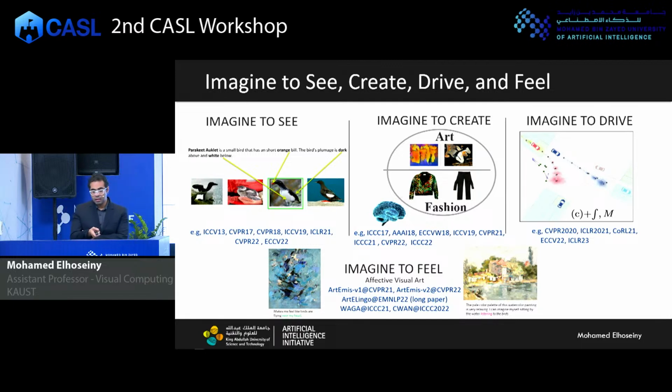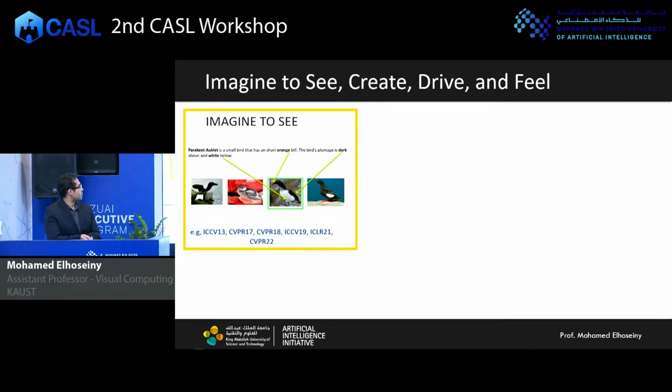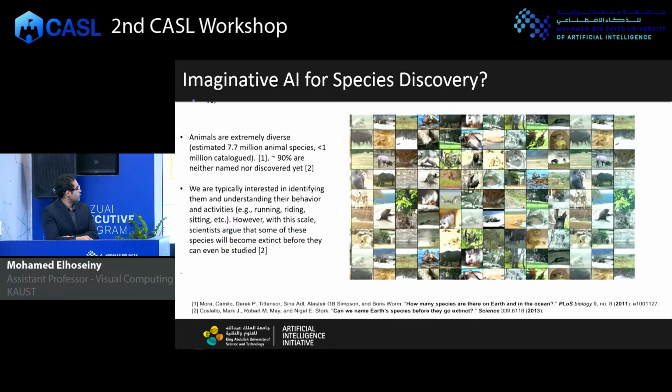So there is a station for seeing, and this relates the most to species discovery. Creation, that relates to content creation. Driving, it relates to self-driving cars. And feeling, and this relates to emotional health. How do we understand emotions? There is a lot of work that has been developed to enable visual perception of things, but not necessarily to reason emotionally about what are the possible constructed emotional experiences that may emerge by being exposed to some visual stimuli.